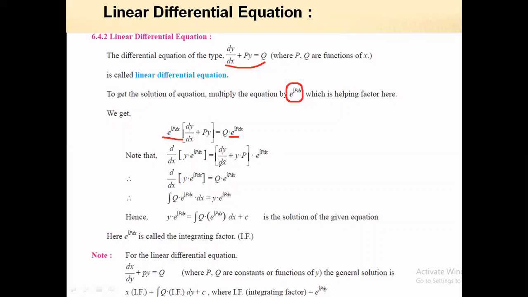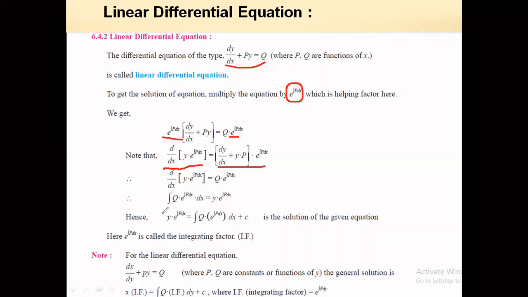मतलब ये जो वैल्यू था आपका ऊपर के इक्वेशन में, उसका वैल्यू हमने ये यूज किया, आप यहाँ पे देख सकते हैं. So we put this value in the above equation, so it becomes d dx of y e raised to power integral p dx is equal to q e raised to power integral p dx. Now to find the solution of this differential equation, we simply take the integration. Taking integration on both sides, we get the integral of q e raised to power integral p dx on the right, and on the left the derivative and integration get cancelled, leaving simply y e raised to power integral p dx.